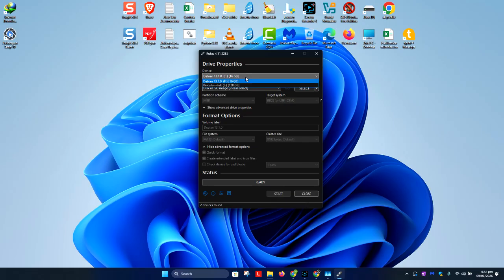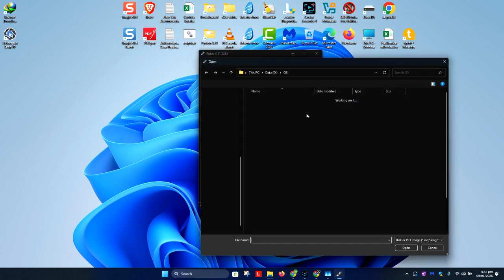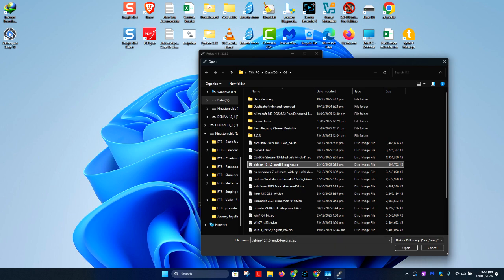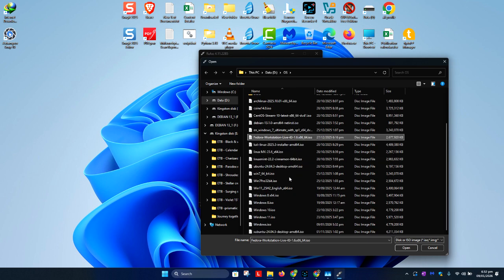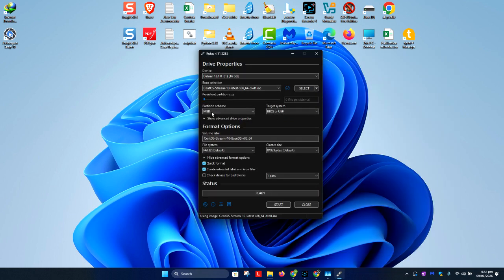Make sure to select the correct storage device, whether it's a USB flash drive or an SD card. Then click on select and locate your distribution, in this case the CentOS Linux distribution. Double click on it. It will open. Leave all these settings by default